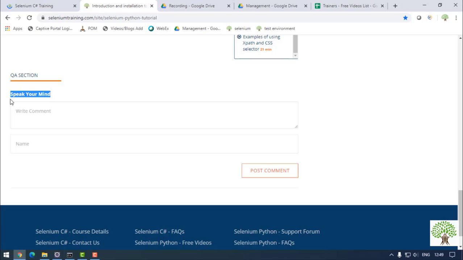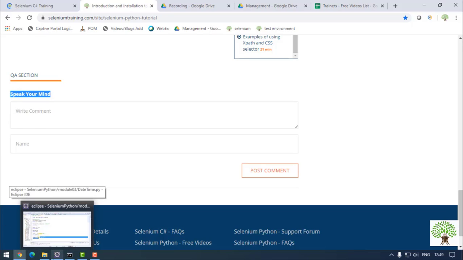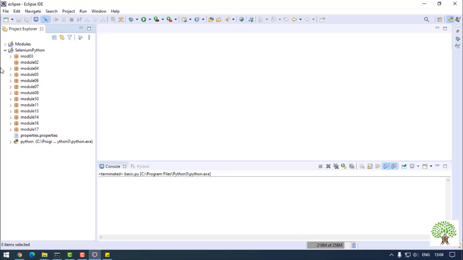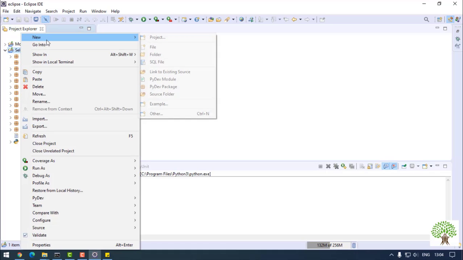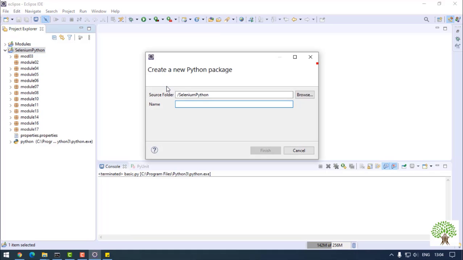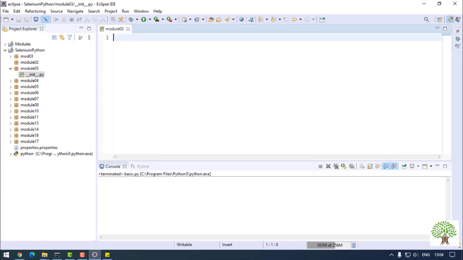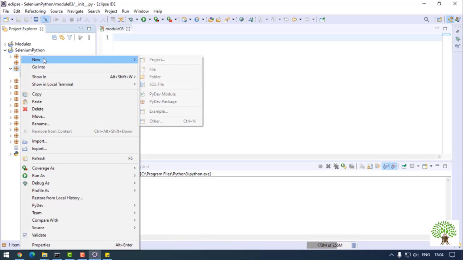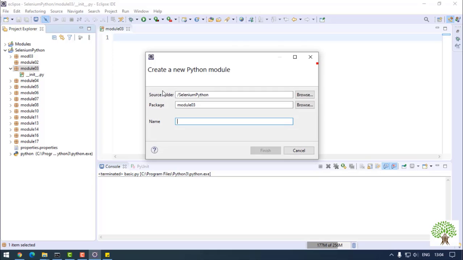Okay, now let's start with the topic today. I'll go to my Eclipse. Now I'm in my Eclipse. I will make a new package by the name module 3, and in this module the first topic that we are going to cover in this video today is decision making. The decision making statement that is available in Python is the if else condition. So I'll name it if else